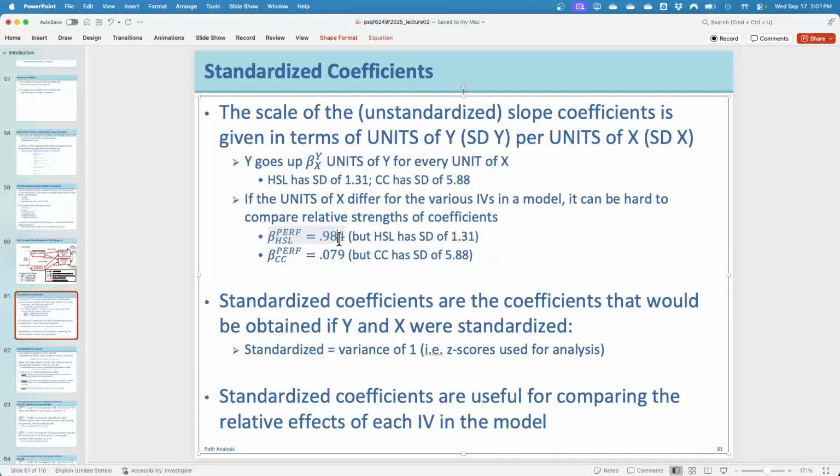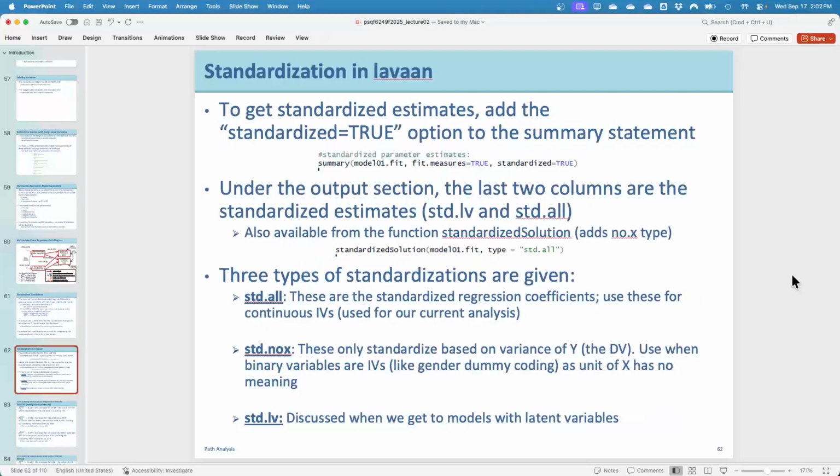These are the unstandardized, saying for every one high school course, you get one point more in math, but high school had a standard deviation of 1.31, and for every college credit hour, you got 0.079 more points on the math test, but the standard deviation of that was 0.588. Right? So if we go and standardize these coefficients,